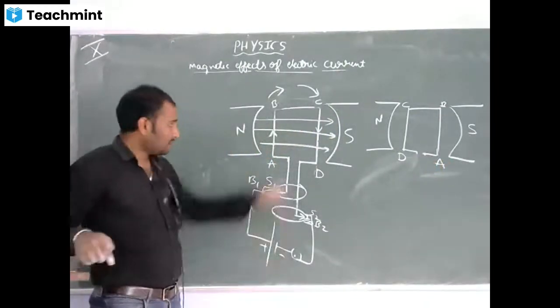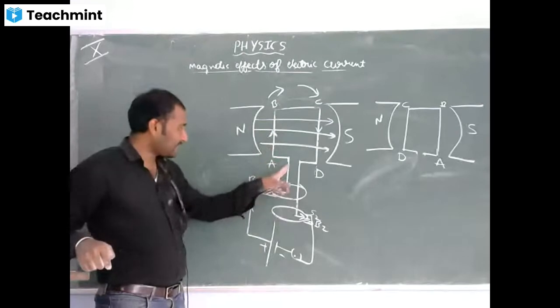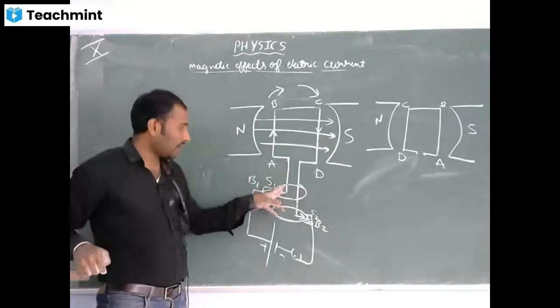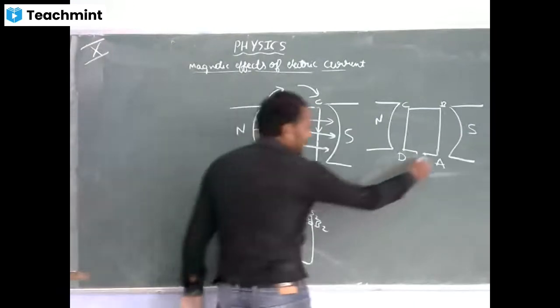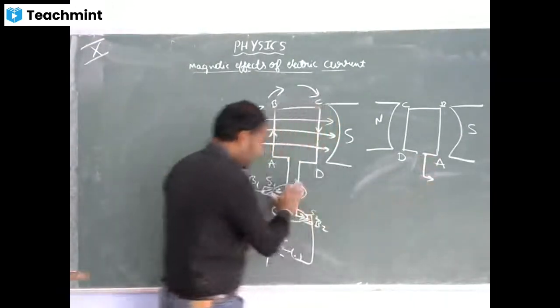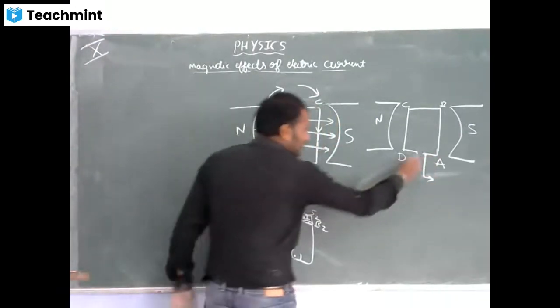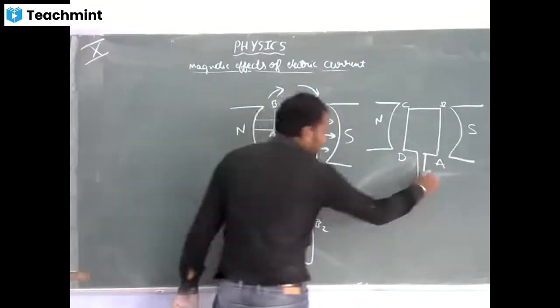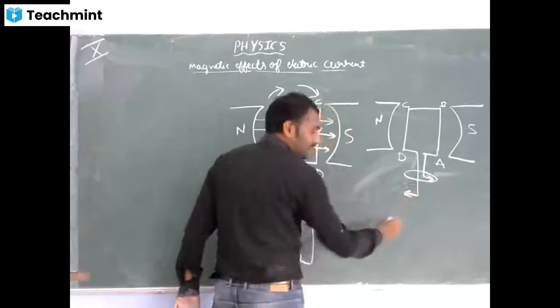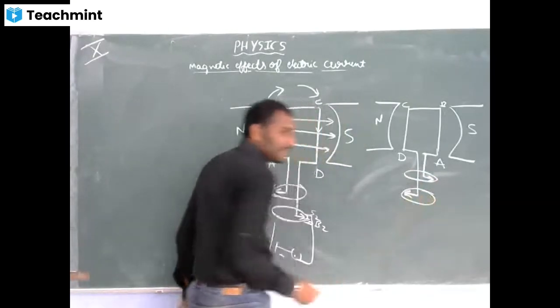Right? See from this diagram, AB is connected to smaller arm or bigger arm? Smaller arm. So AB is connected to smaller arm. It will just rotate like that. So CD is connected to bigger arm. Now this is connected to same slip ring. This is connected to same slip ring.